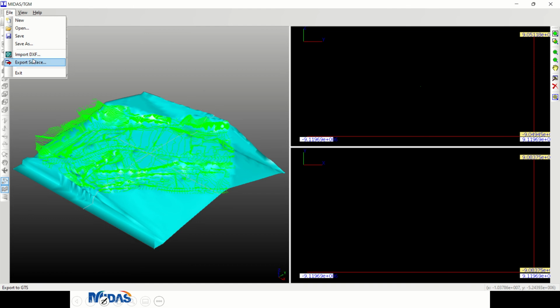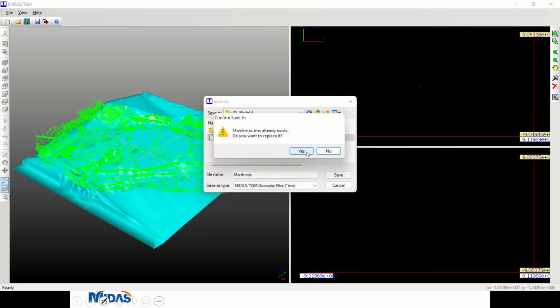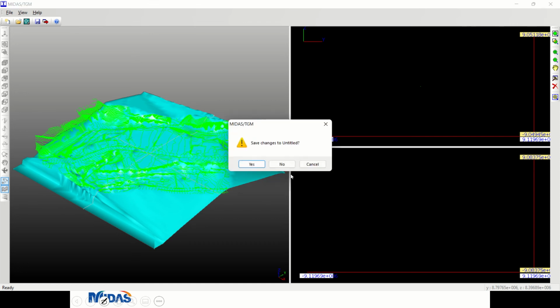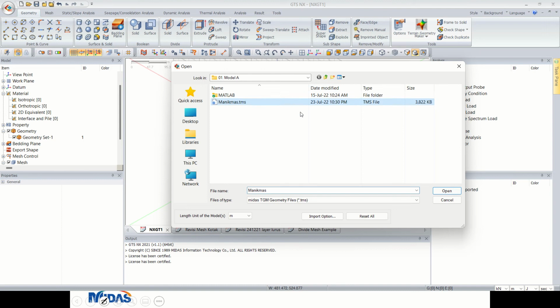Then go to File, Export Surface. I will save in the file with this name. Press yes. Then you can close or not close, it's up to you. Then you import the TMS.